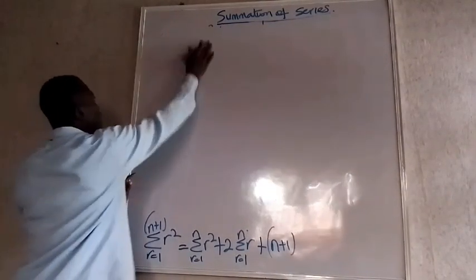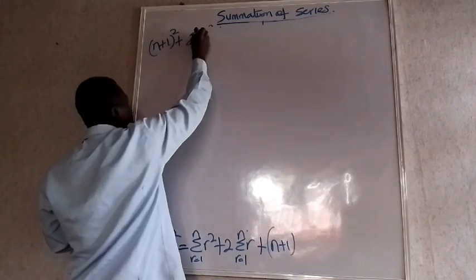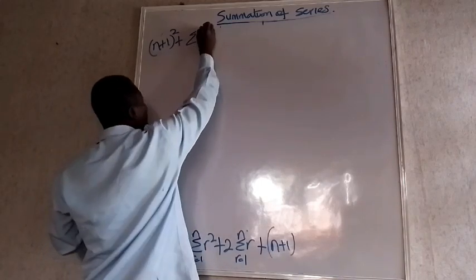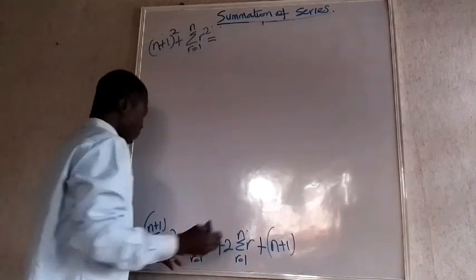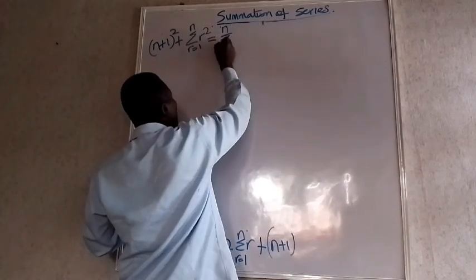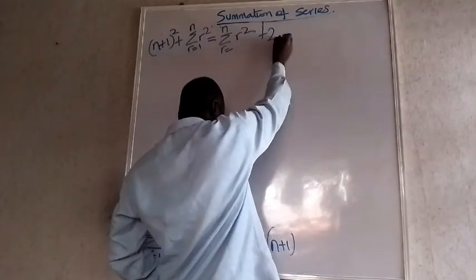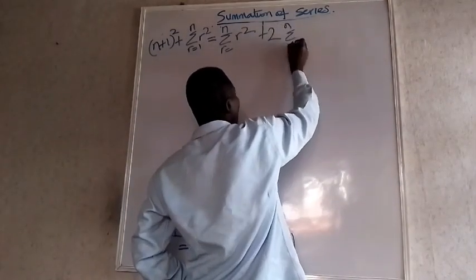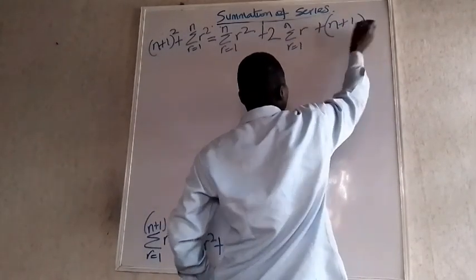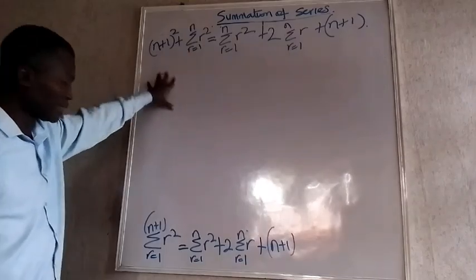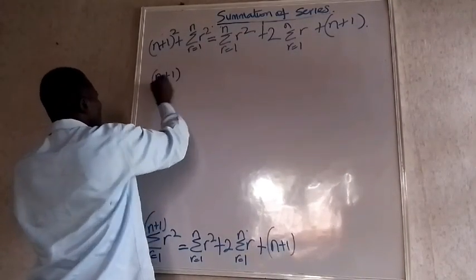So this one is going to be n plus 1 squared plus summation r squared from r equals 1 to n is equal to n, r squared plus 2 n r equals 1 r plus n plus 1. So you can see it has made it very easy now. From here, if I subtract this from both sides, I'm going to have n plus 1 squared is equal to